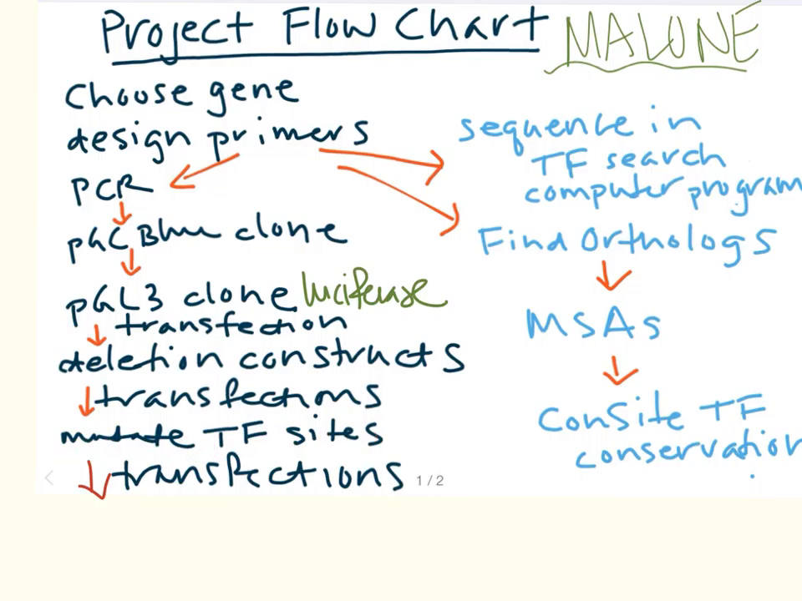So not only do we do a truncation construct to narrow down what transcription factor sites we should mutate, we also do an evolutionary analysis to again narrow this down. We don't want to have to mutate 10 different sites. We want to mutate 4, 5 at the most. So these two methods help us narrow in on what transcription factor binding sites we should mutate and transfect. That gives us